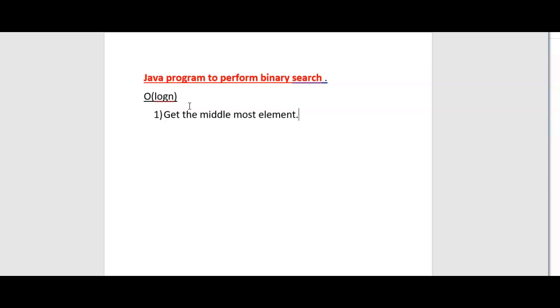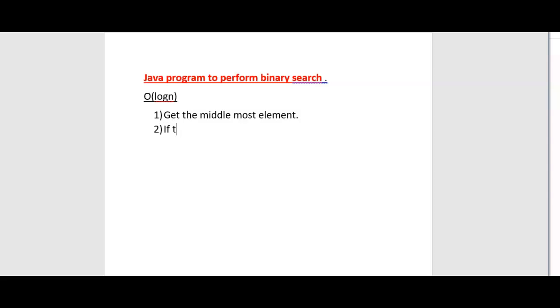I'll explain the formula, but first we'll write the three steps. Get the middlemost element. If the element to be searched is less than the middlemost element, then we need to perform search only on the left side of the array. If the element to be searched is greater than the middlemost element, then we need to search only on the right side of the array.